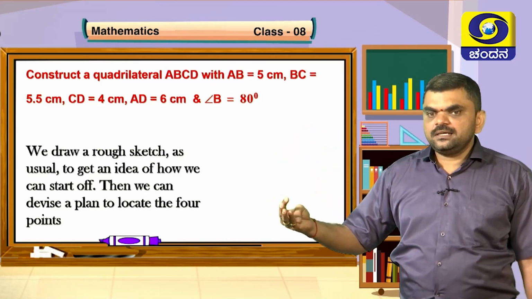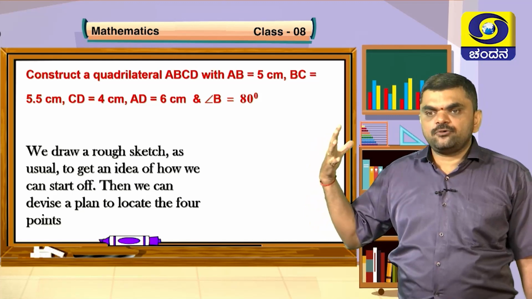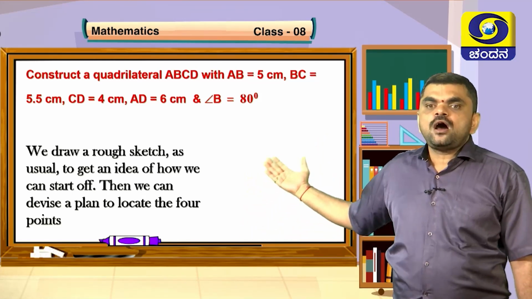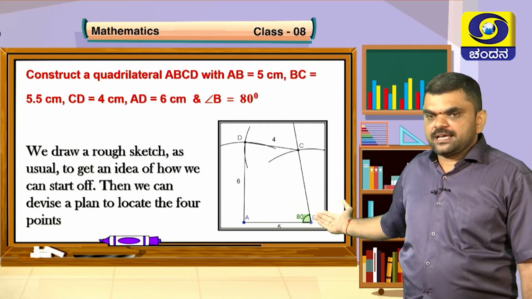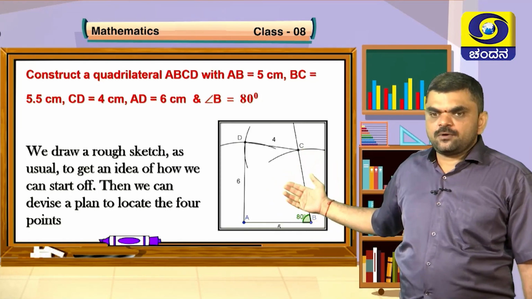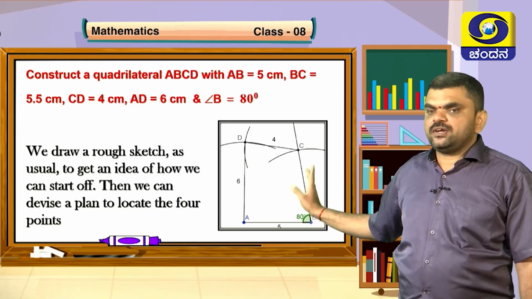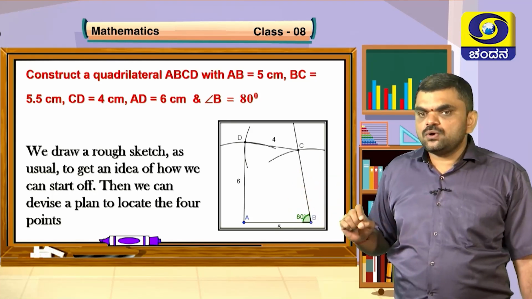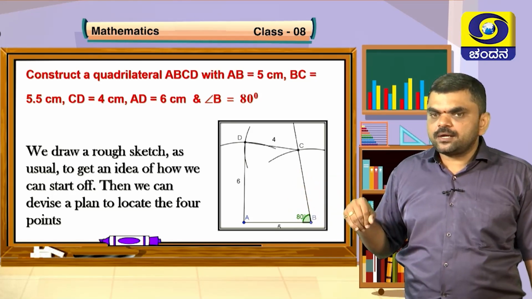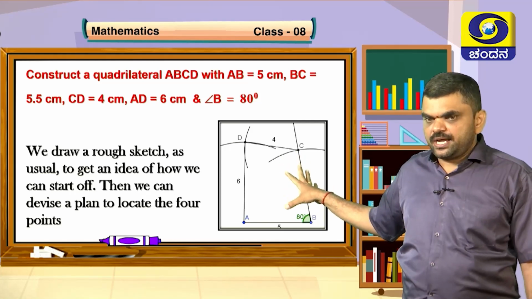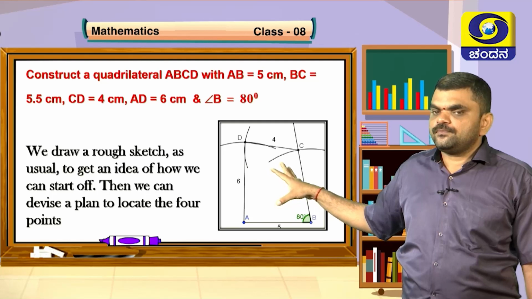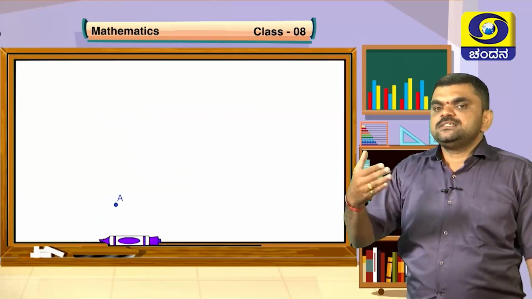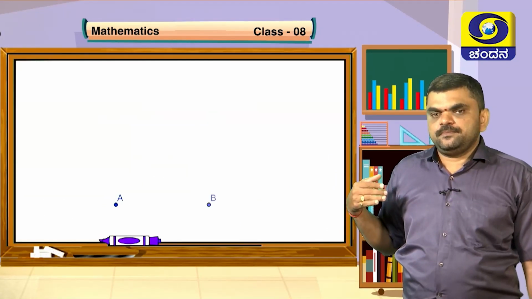First, what we learnt in our previous classes, we first have to make a sketch to know how our quadrilateral may look like. I am drawing it like this. ABCD is a quadrilateral where angle B is 80 degree. So, is it possible for us to construct a quadrilateral? This is the sketch I have drawn. Just think, children. Yes, it is possible. Just look at this, children.